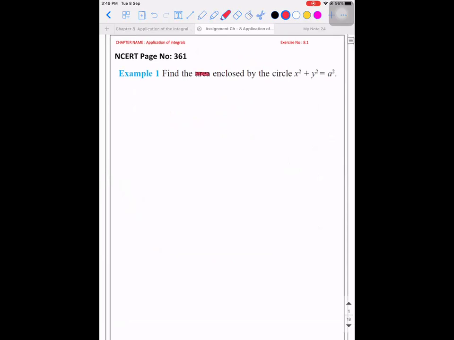Find the area enclosed by the circle x square plus y square is equal to a square. So they have told. So this circle represents what? It is a circle with